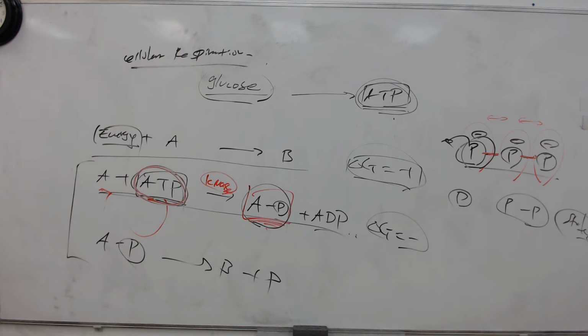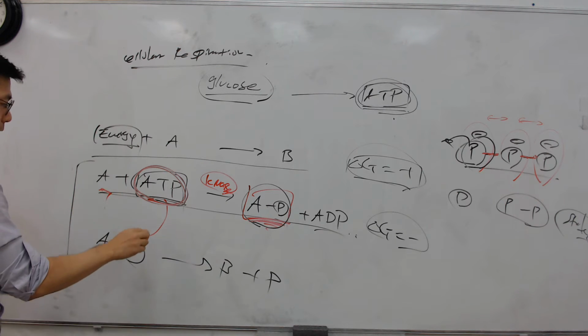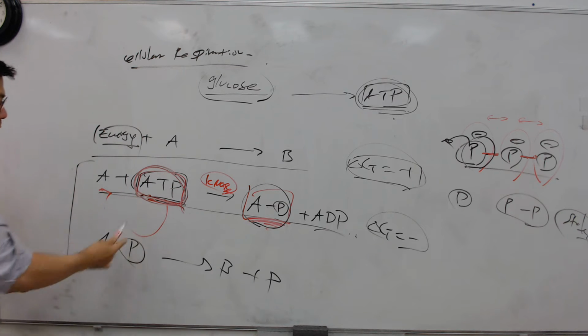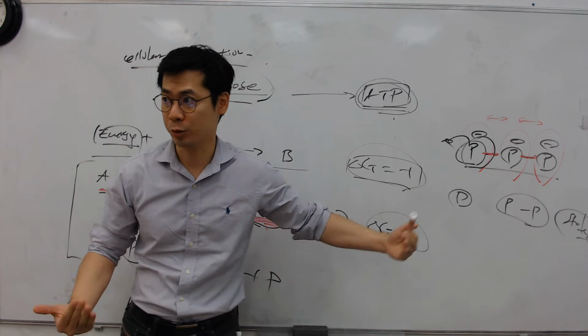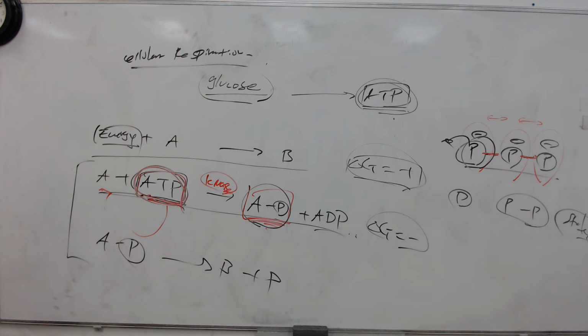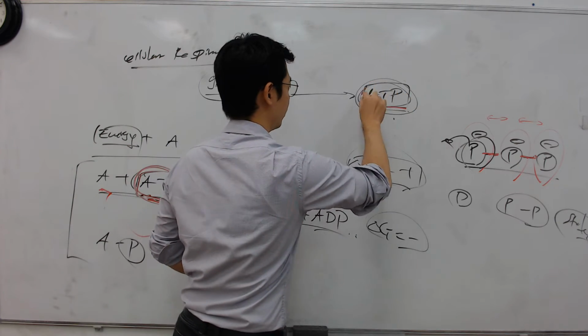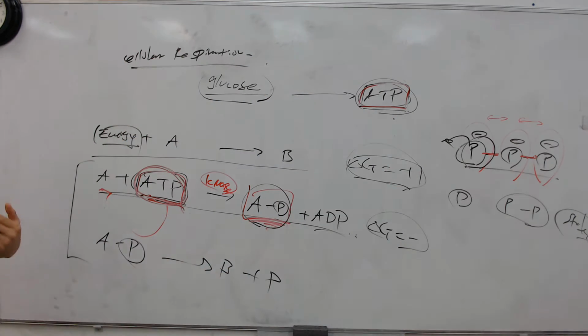To utilize something like ATP for what? To run a reaction that's what? Endergonic reaction. It doesn't happen on its own, so you need to have a system for producing something else. So that's the reason why they have to produce ATP, okay? So the question for today becomes, well, how do they produce ATP?